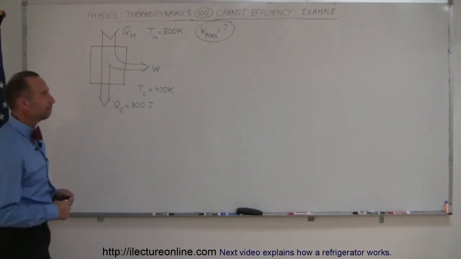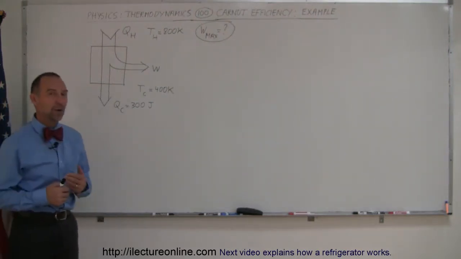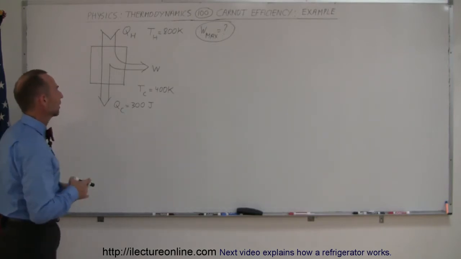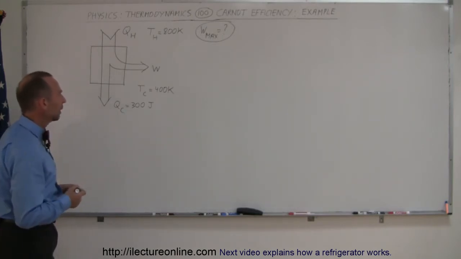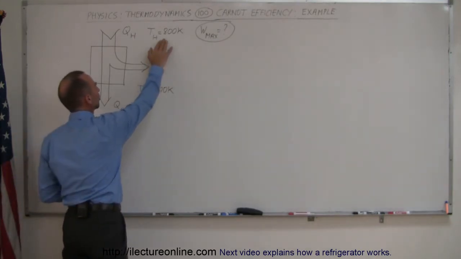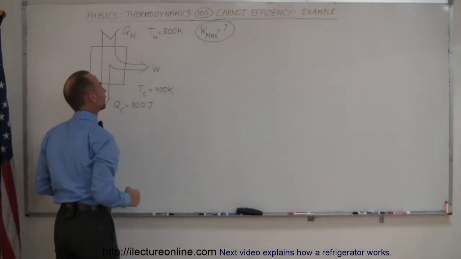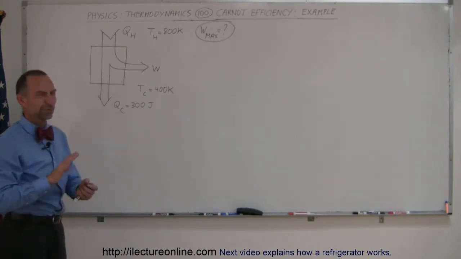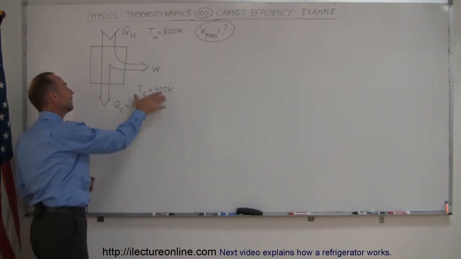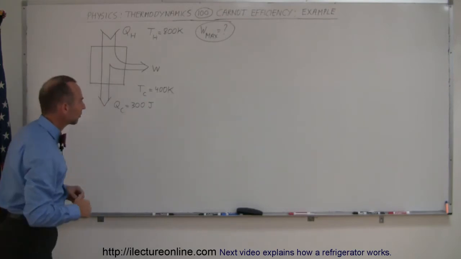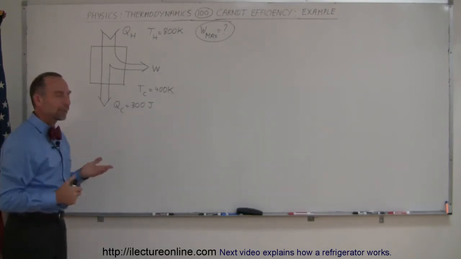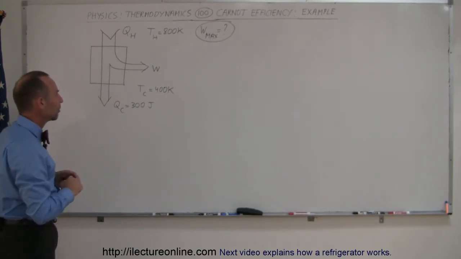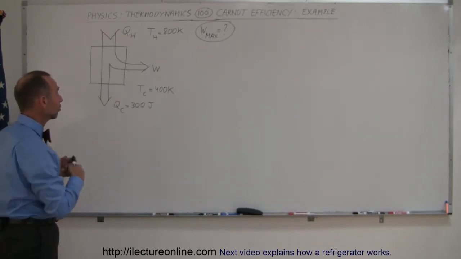Welcome to our lecture online. To get a better feel of how we use the Carnot efficiency concept, here we have a theoretical engine that, let's say, is a gasoline engine. Let's say that it operates at a hot temperature of 800 K, the temperature of the hot gas that propels the engine forward or pushes the piston, and the temperature of the exhaust gas coming out. From that we can calculate the Carnot efficiency, the maximum theoretical efficiency that this engine can have,